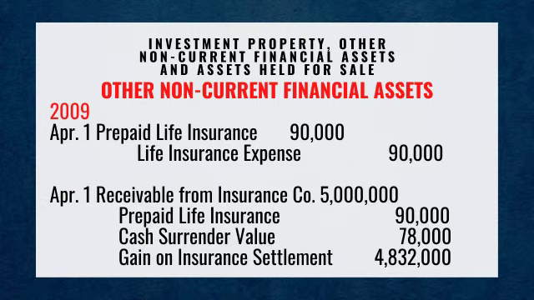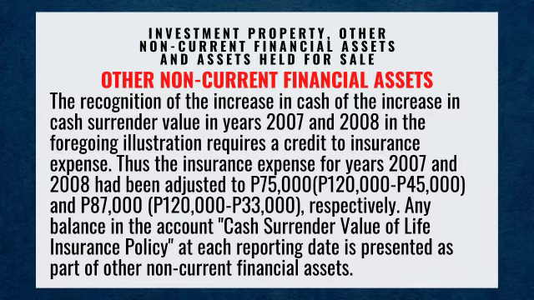Credit cash surrender value for 78,000 pesos and credit gain on insurance settlement 4,832,000 pesos. The recognition of the increase in cash surrender value in years 2007 and 2008 in the foregoing illustration